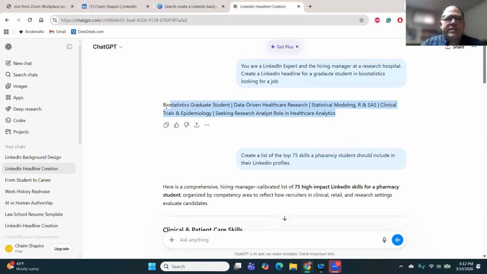Now, I don't know if we have any biostat students here today, but you could do the same thing for pharmacy, public health, whatever it is that you want. What you don't want to do is just copy it because it says it. You want to make sure that you personalize it so all the skills that you're utilizing are actually the skills that you actually have, as opposed to just random things that sound good.